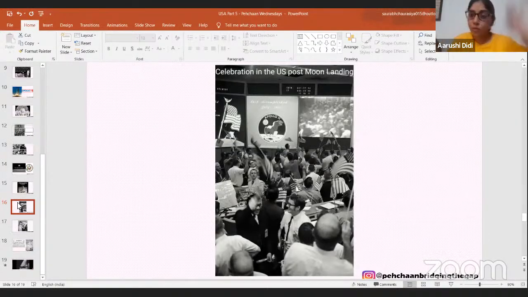Remember the space race? USSR, USA fighting with each other, Cold War. Both of them want to be the superpower. So now that they are finally on the moon and have achieved their national goal, everybody is celebrating. The Americans are celebrating because finally they can declare that hey, we are the superpower, because we did send them, but we also brought them back, right?